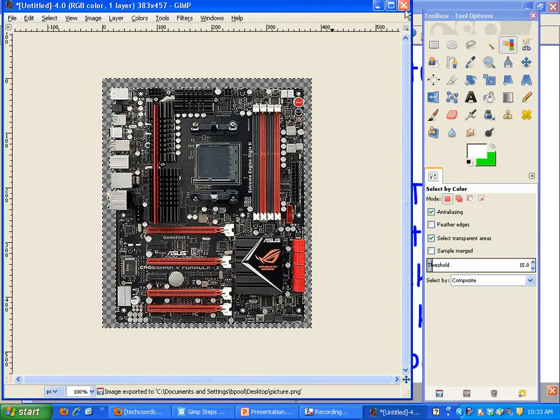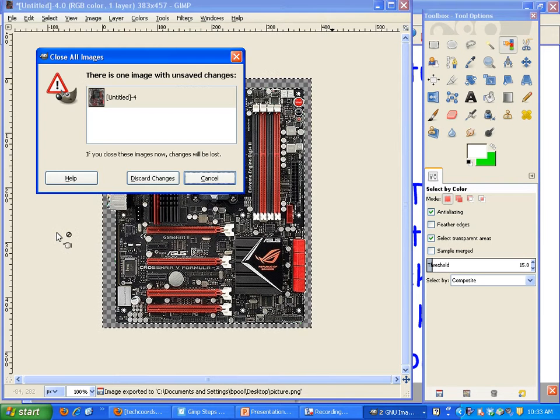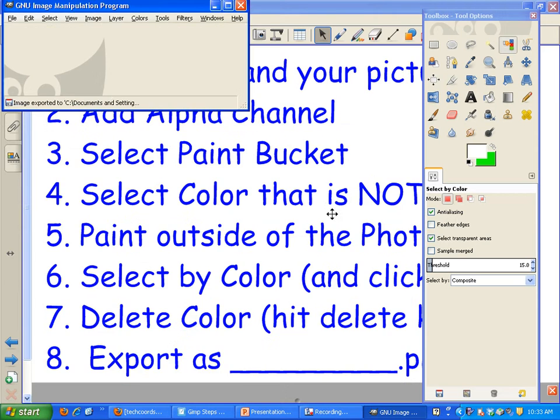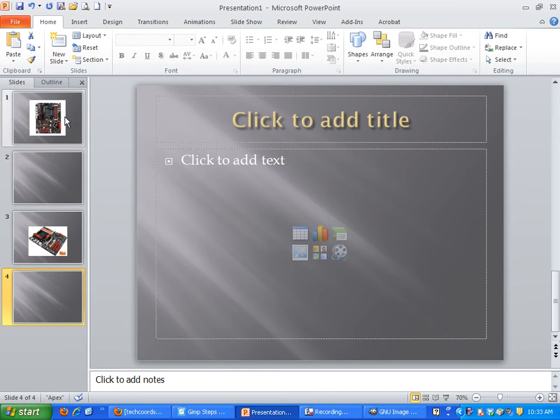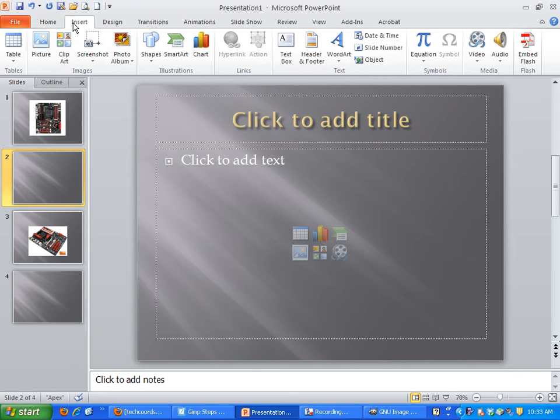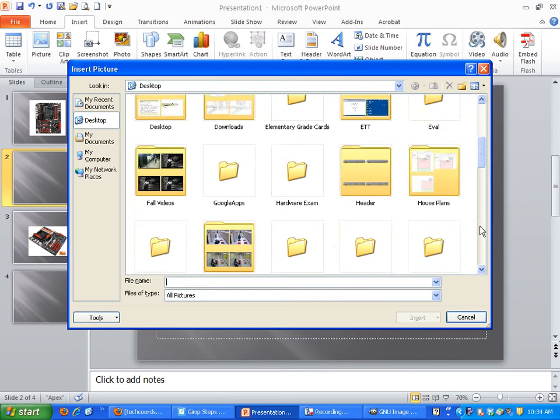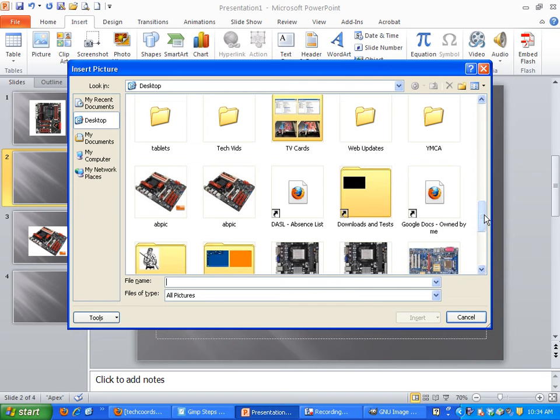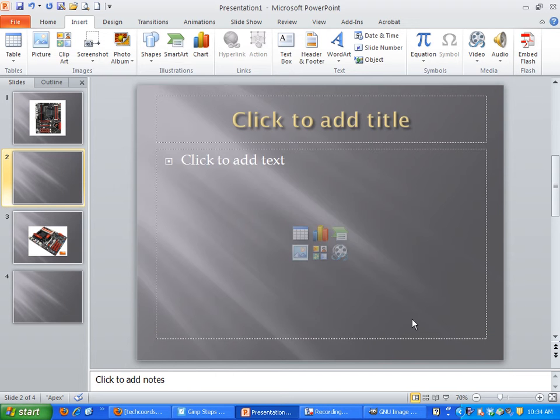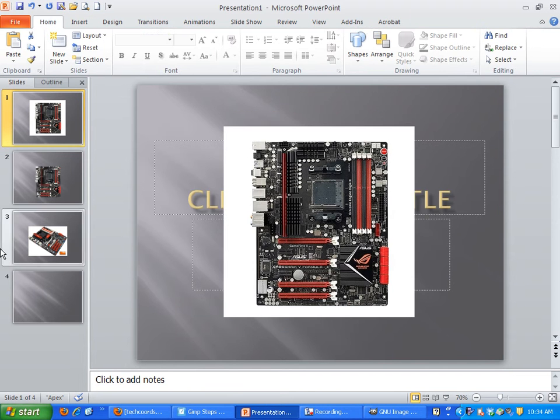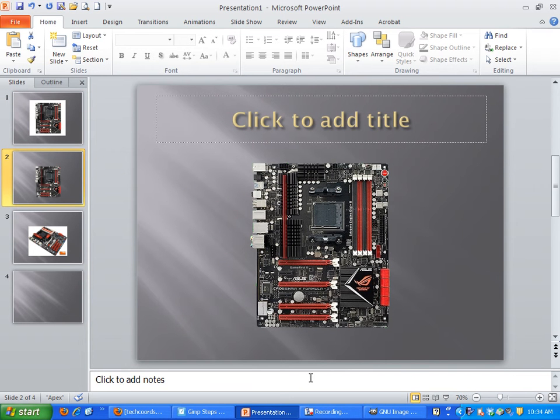And now I'm going to go ahead and close it, so I'm going to hit close all. If I take this picture and put it in my PowerPoint, there's the one that we were using before, and now I'm going to insert this picture that I've just done back in there. The difference between this picture and this picture is that I can see through,